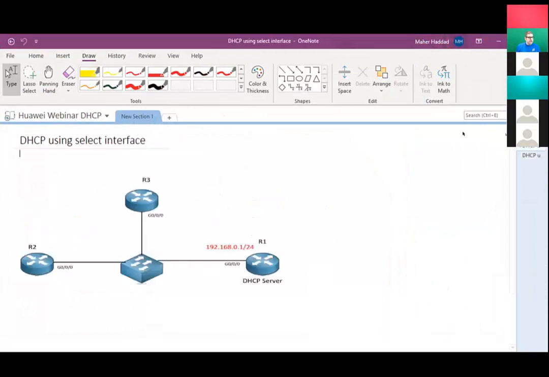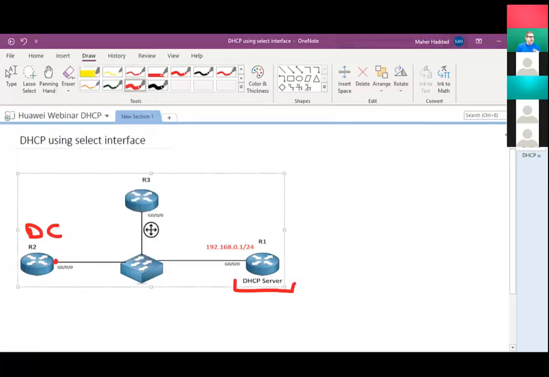If we take, for example, this scenario, we have this router over here doing the lease of IP. So he is the DHCP server. You configure this router as a DHCP server and finish the configuration. Then this router, let's take router 2, is the DHCP client. That means it's the router which needs to get an IP address. Once you configure this interface to receive an IP address dynamically from the DHCP server, this router will first send what we call the